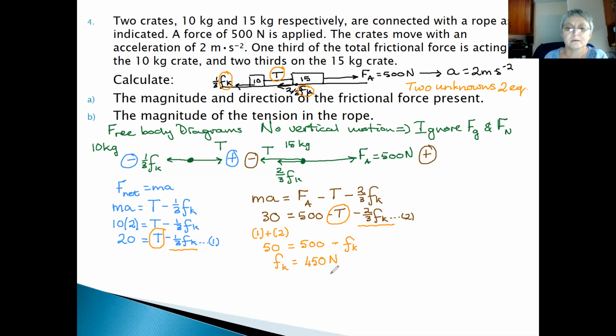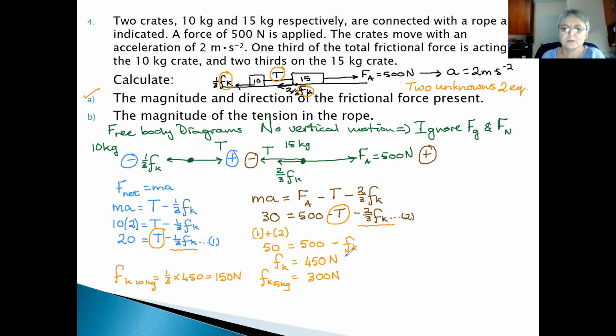Of this, the kinetic friction on the 10 kg would be 1/3 of 450, and that would be 90 newtons. No, I'm wrong. It would be 150 newtons. And the kinetic friction on the 15 kg would be 300 newtons. Good, we've answered